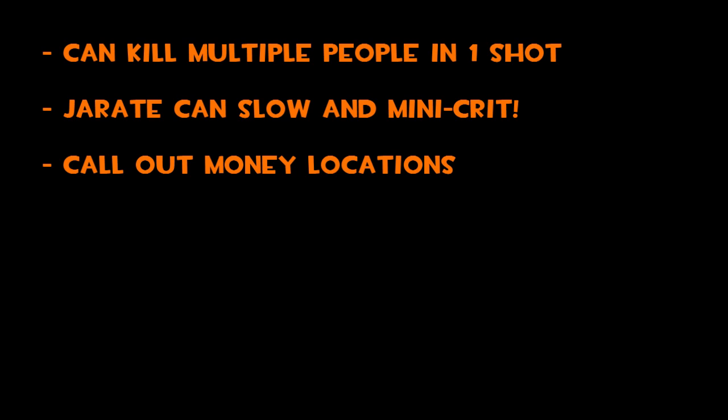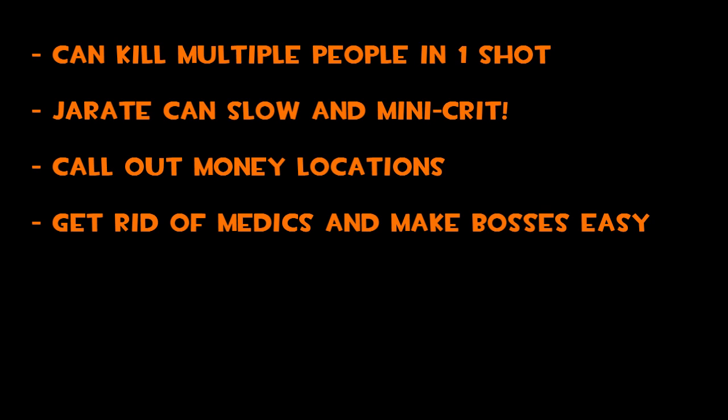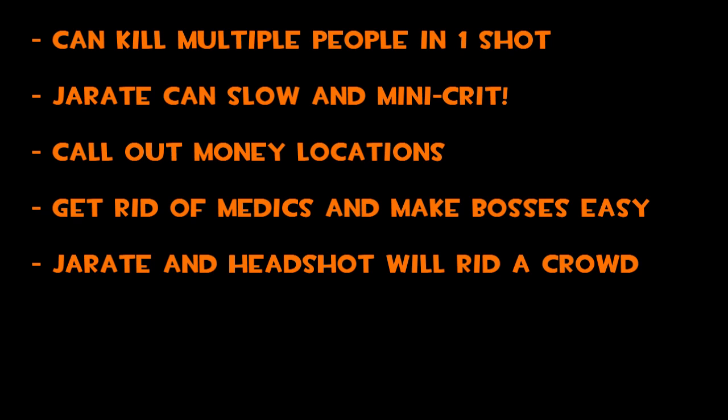If you're using a high point, you can actually call out the money locations for your scout. You can make boss waves much easier to deal with because of your headshot killing all the medics behind them. If your team's getting swarmed by a lot of enemies, then you as a sniper can provide a lot of assistance in that kind of fight. Now then, let's go for a quick overview. Always shoot them in the head, call out cache locations if possible, spam your Girardi, and